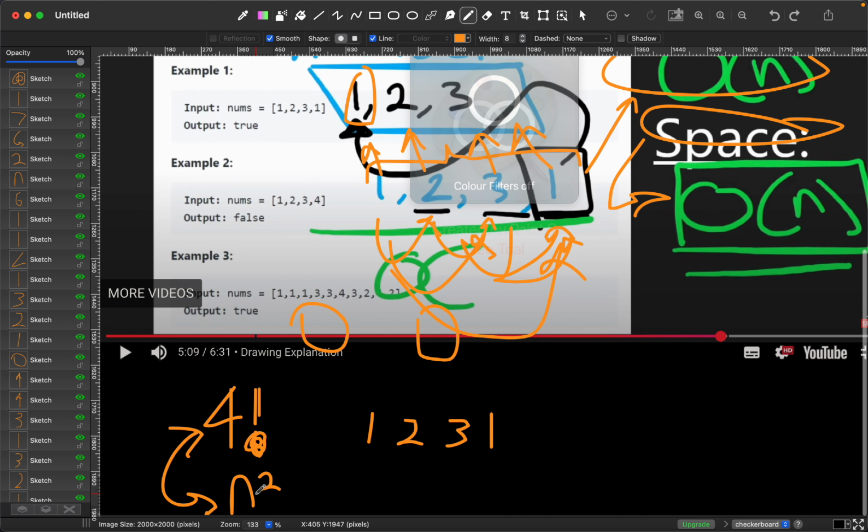And honestly, I think n square is so much worse than factorial, right? And usually when I see time complexity, I don't see a factorial kind of thing. And I think they are generally used interchangeably as being n square. And I can tell why n square is the way to go, because I just feel that